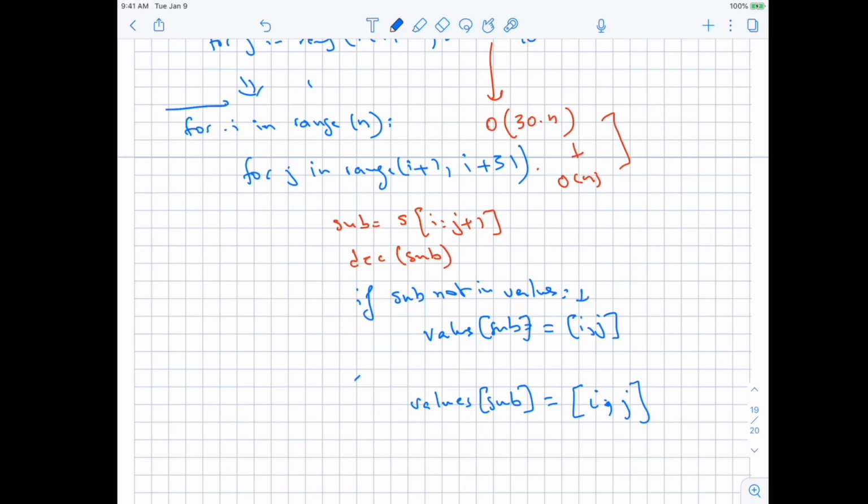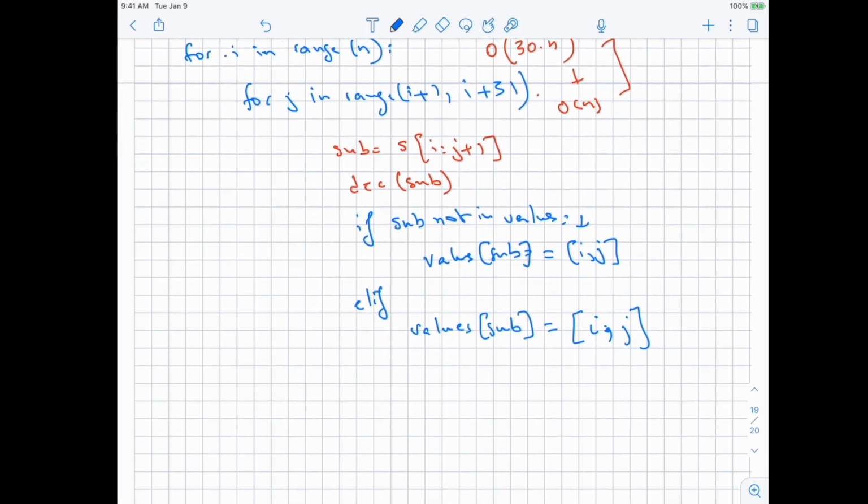So this means here that if they are equal, we don't override because this one is better. The only case we want to override is if the new length is shorter than the previous length, right? So only if... how do we compute this? Only if the existing values of sub, for the range, so the first position, to get the size of the range, we just do 1 minus the values in sub